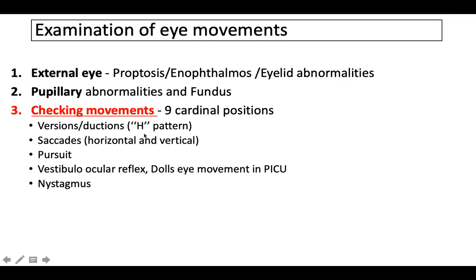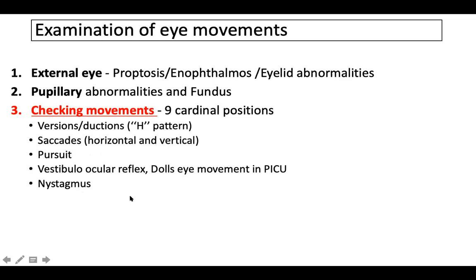When you want to see with a single eye, it is called duction. You should always start by seeing one eye, the right eye first in all 6 positions of gaze, and then the left eye in all 6 positions of gaze. Then you should check both the right and left eye together in the 6 positions of gaze. When we are checking for the gaze, you should also check for saccades and smooth pursuit. I'll explain how we can do that.